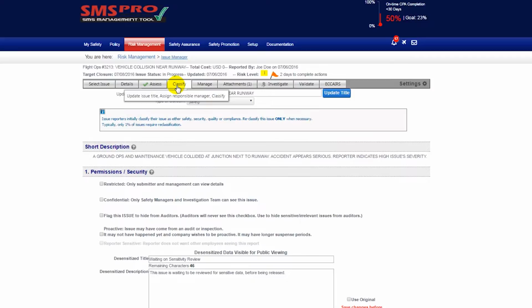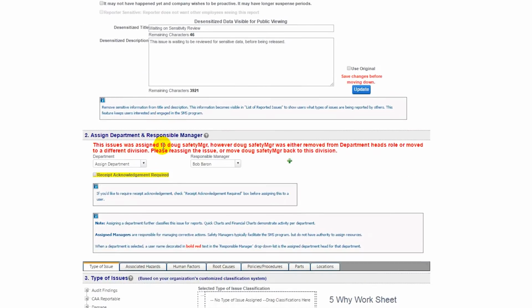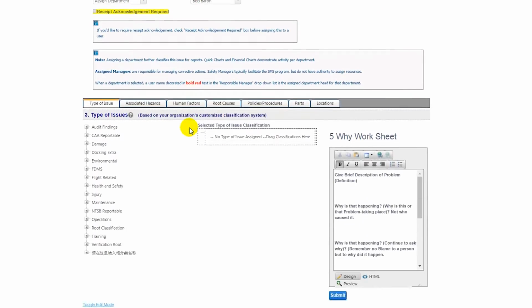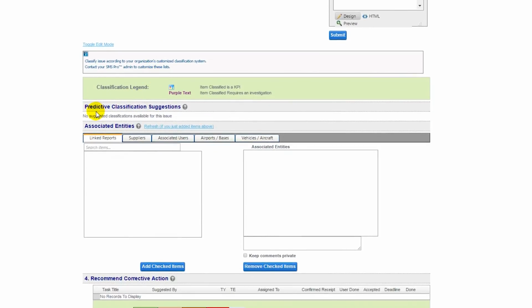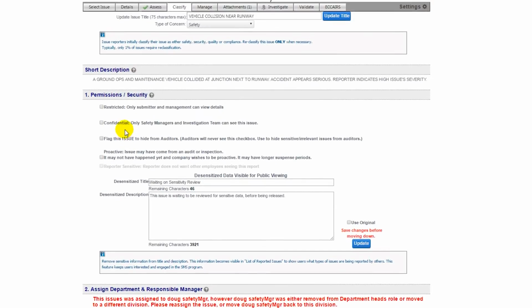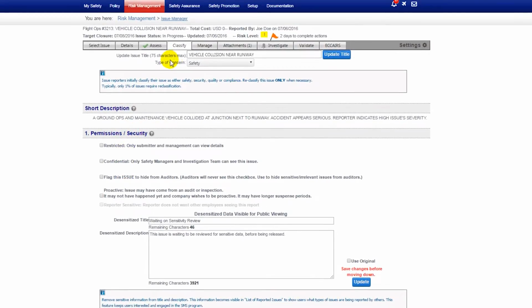In the Classify tab, you set security permissions for the issue, assign a responsible manager, create classifications for the issue, and link similar reports. The first thing you can do is update the title of the issue to be more specific, change the type of concern,